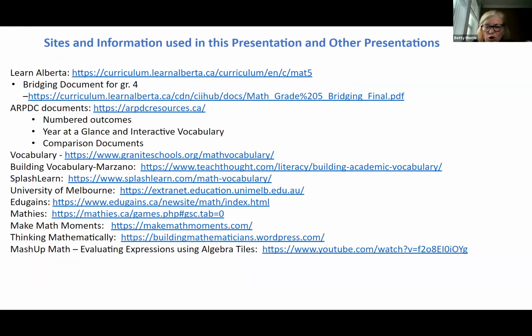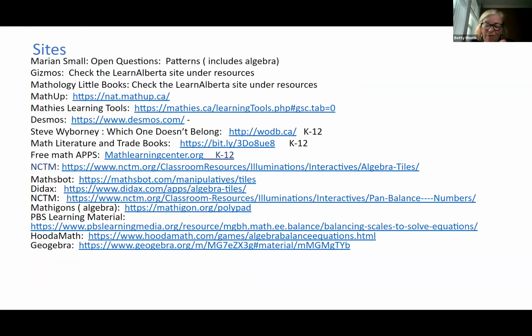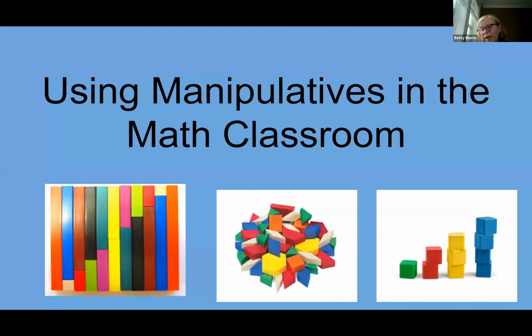Now, the only thing that I'm showing here is these 2 slides, but you'll get those. So these are slides that I give in my session for algebra, and you'll get those slides. They have all of the sites that I used today, plus extras, articles, virtual manipulative sites, everything. And those will include trade books that you can use, and those will be shared with you. Okay.